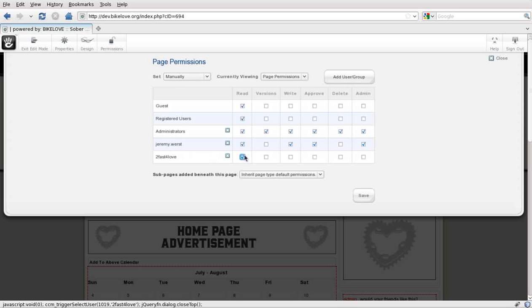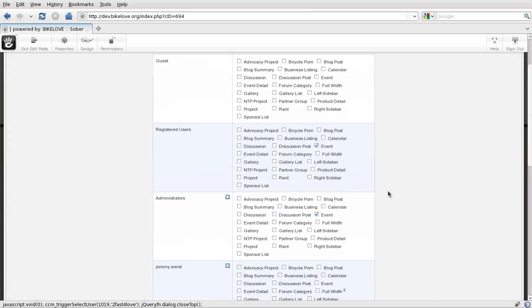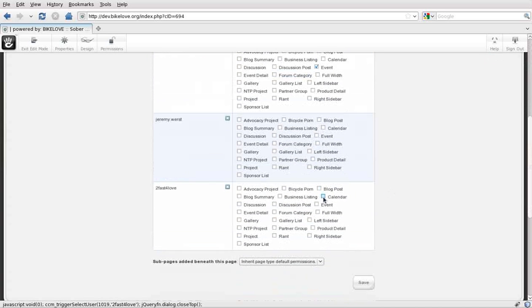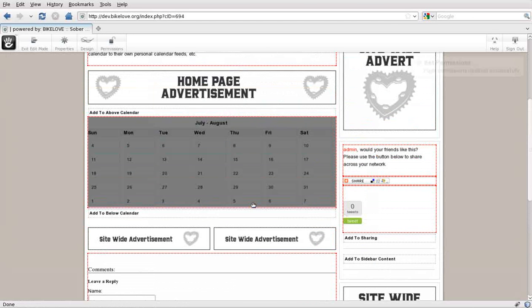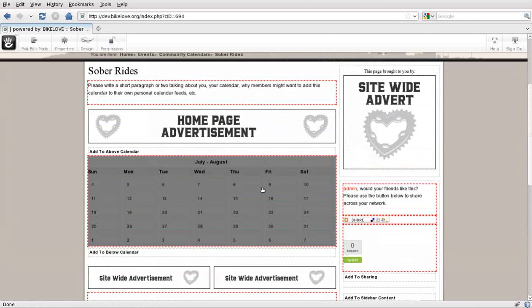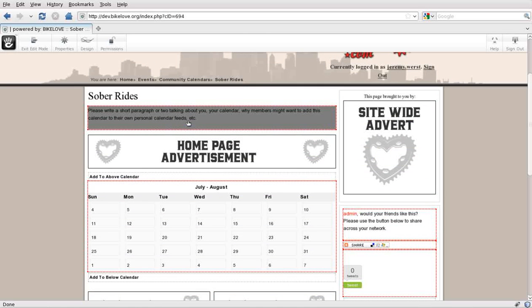We'll give him read, write, approve, and admin, and also allow him to add events underneath this page. And now he's a co-administrator of this page. So,